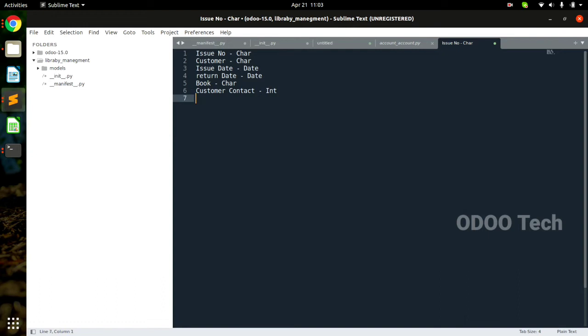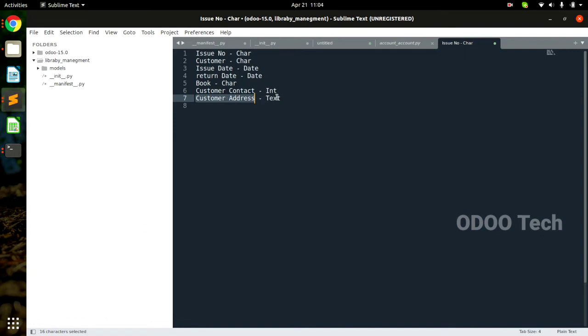What else can we introduce? Customer address, which can be a text field. Okay, now in the future we will see wherever we want to define the address for anything, whether it's customer, vendor, any employee, any company.